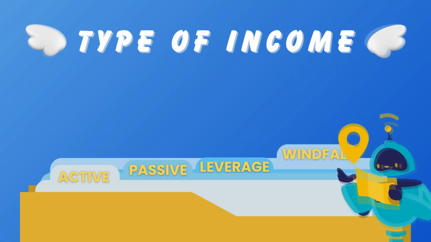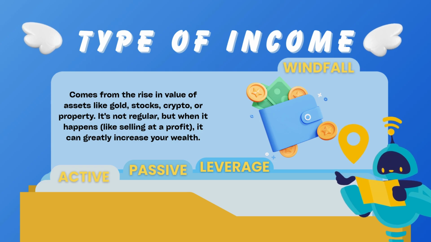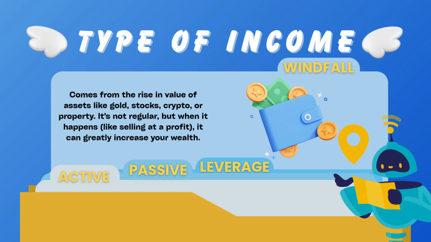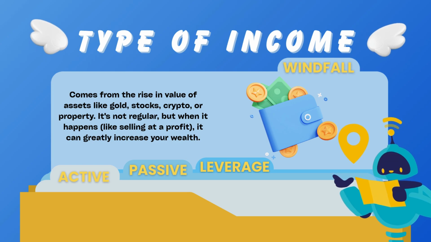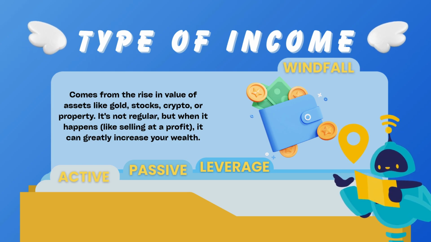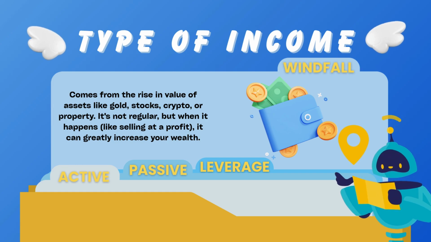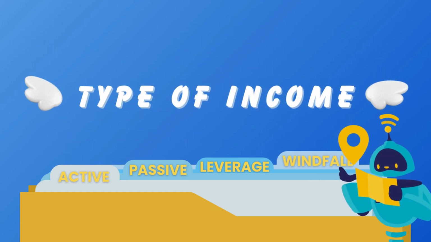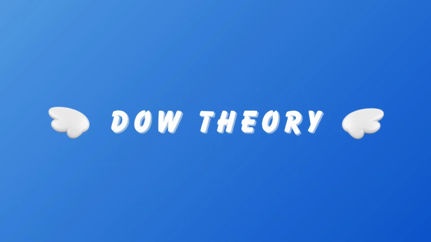Finally, there is capital gains, which is income earned from the increase in value of assets such as gold, stocks, crypto, or property. While it may not come regularly, capital gains can significantly boost your net worth when you sell assets at a profit. With that clear understanding of the types of income, we proceed into the content of the session,